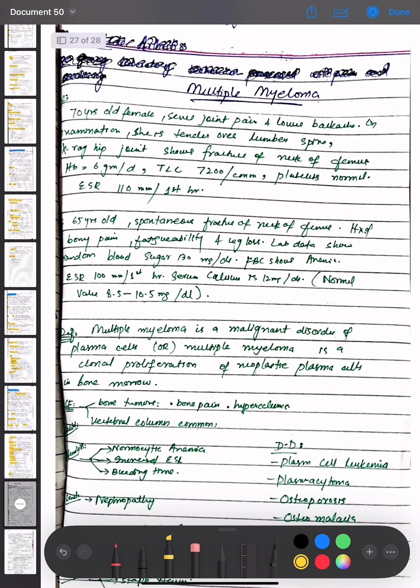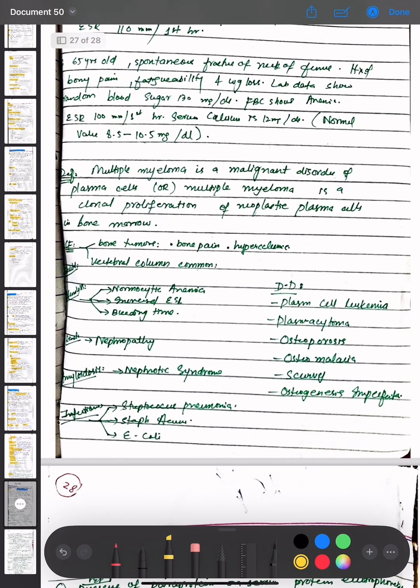Then the other topic is multiple myeloma. We have a scenario of a 70-year-old female having severe joint pain and lower back pain. On examination, she has tenderness over the lumbar spine. X-ray of the hip joint shows fracture of the neck of femur, and HB is 6. Total leukocyte count is 7200 and platelets are normal. ESR is 110. So the definition of multiple myeloma is that it is a malignant disorder of the plasma cells,